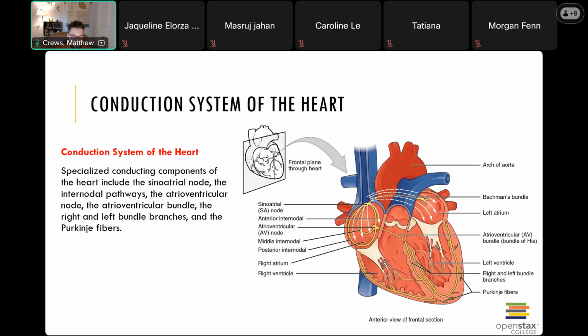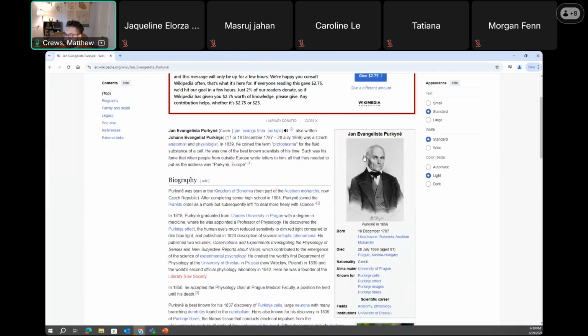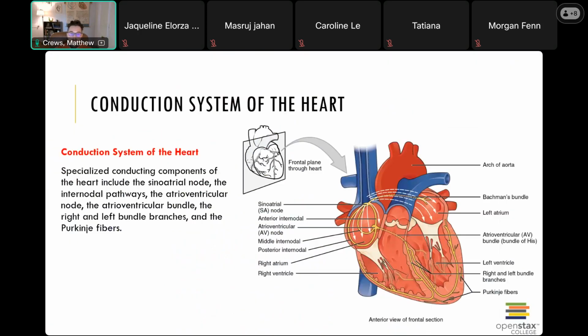The eponym is named after a Czech scientist, Jan Evangelista Purkinje. I don't know if that is Czech. And here is Dr. Purkinje. Oh, look, he looks the same. Okay. So that is Dr. Purkinje, and he named these fibers after himself because he's very selfish. We don't really have a good name for them, but they are the Purkinje fibers, which is fun to say. So those branch all around the bottom of the